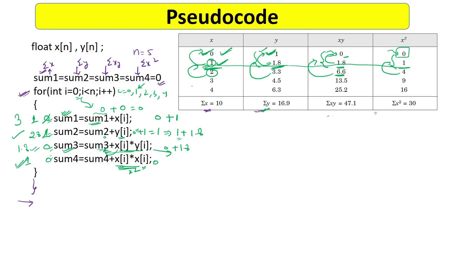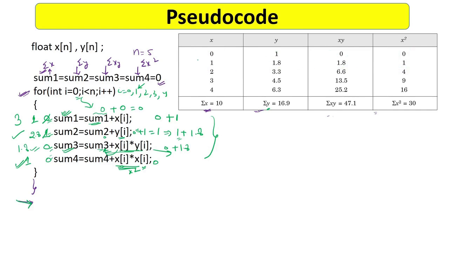Okay, so I am finding this summation in this single loop. I can use 4 loops also to find this summation, but that will just make the code lengthy. So it is like a better version of this code. I am just using one loop and finding all these summations in just one single loop.